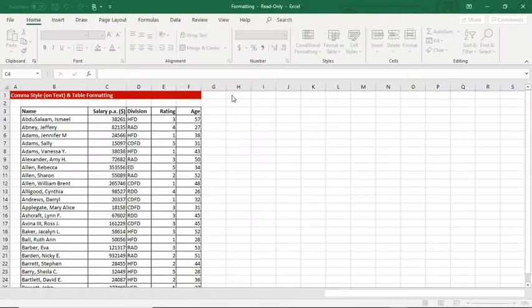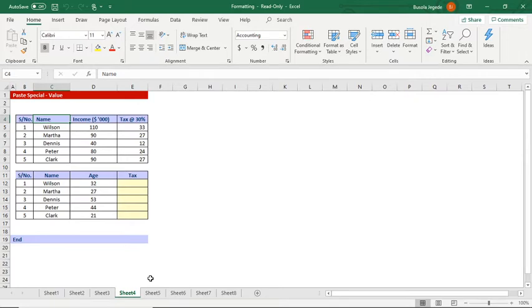Today, we're going to be talking about paste special, and I want you to come over to sheet 4. So, we're going to be talking about paste special. If you look at what we have in front of us, in the first data block, which I'll highlight